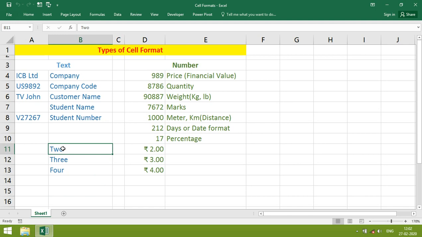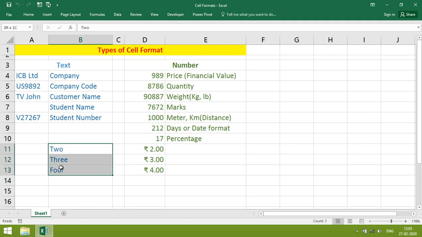Whereas in number format, it will take all type of conditional formula like equal to, less than, greater than, simply because it has number which can be converted to any format.